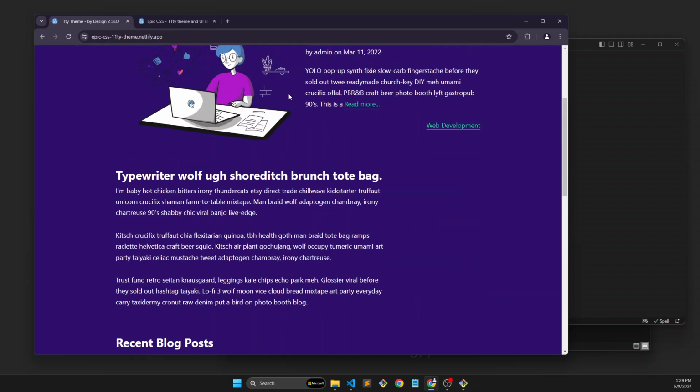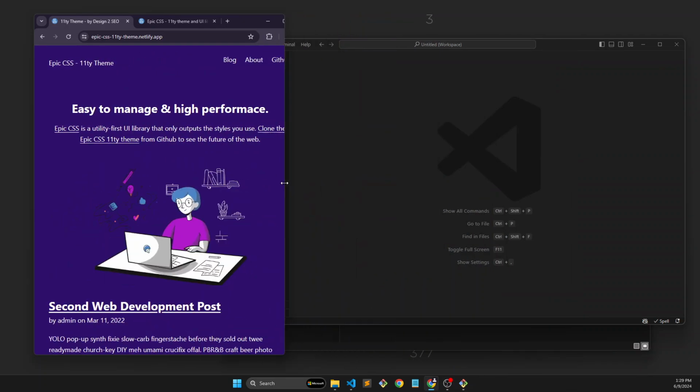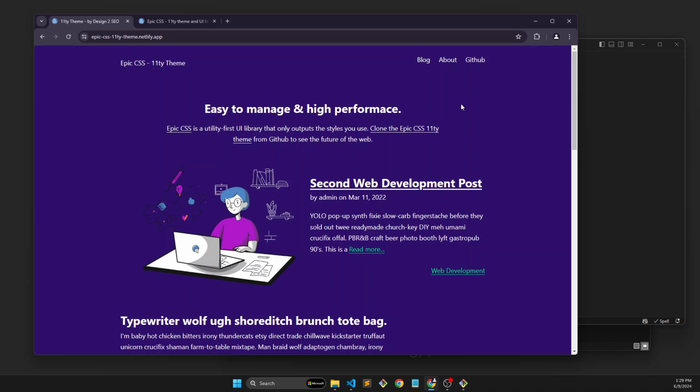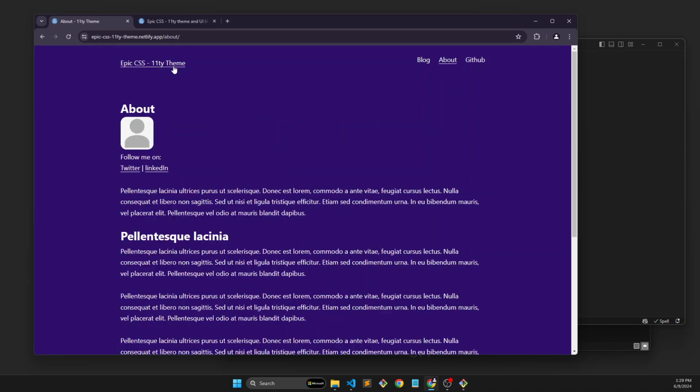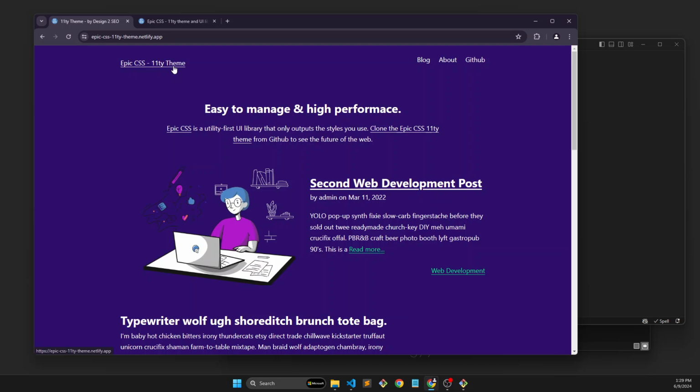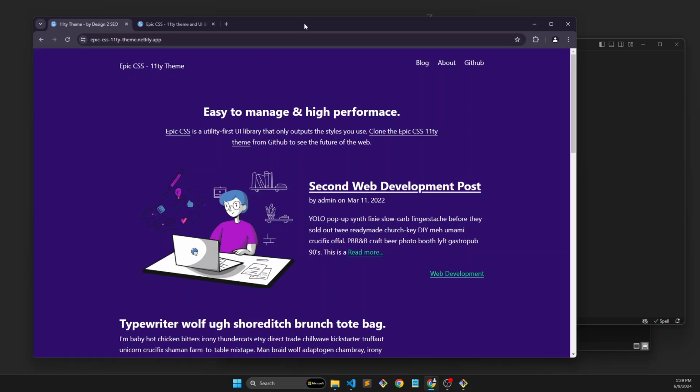It's a really nice theme, responsive, and the bare essentials to creating a website, basically, that can do different things, like have that blog loop in it if you need it, or just create pages also if you need to do that. So I wanted to do a general overview on it. We'll download it or get it from GitHub, run through some of the features about 11ty, and then the Epic CSS side of things, that is the really cool, fun stuff that makes it easy to style and do different layouts and manage your